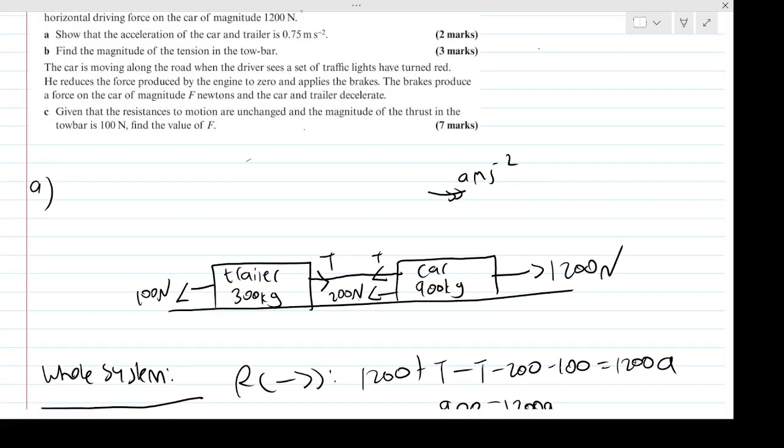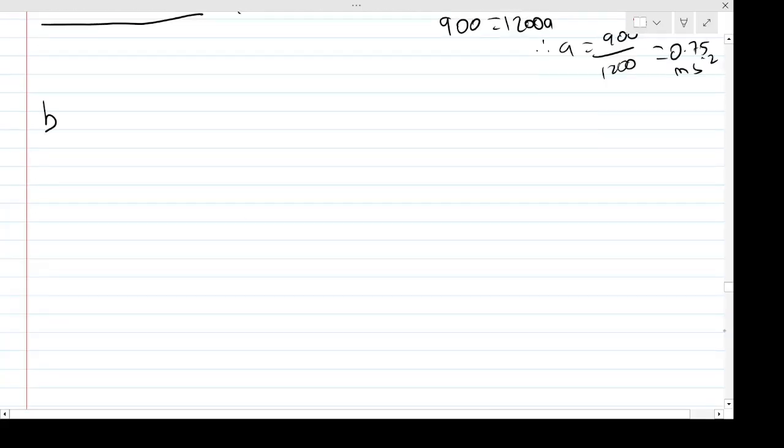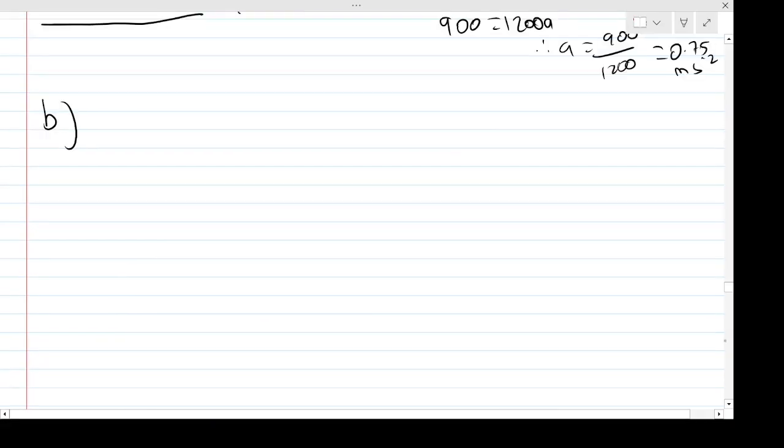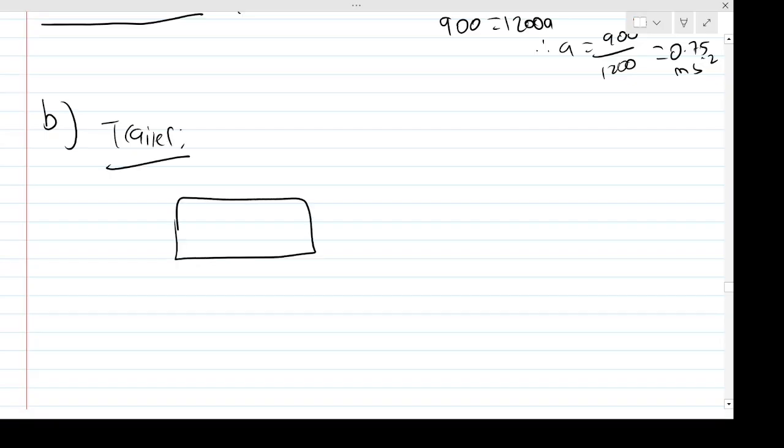Then it wants me to find the magnitude of the tension. So again, magnitude is just the physical length of it, the size of it. If I want to find the tension, I'm going to need to start considering separately, so either the car or the trailer. Well, if I pick the trailer, again, you can pick whatever you want, it doesn't matter. So the trailer again has a mass of 300 kilograms, has a tension force going forward and the resistance of 100 newtons going backwards. So if we resolve forces here, so if we resolve forwards,